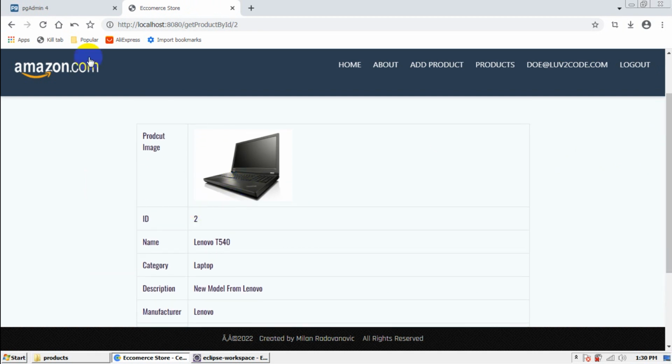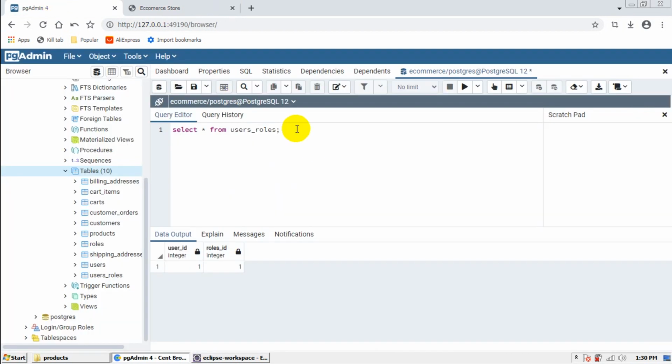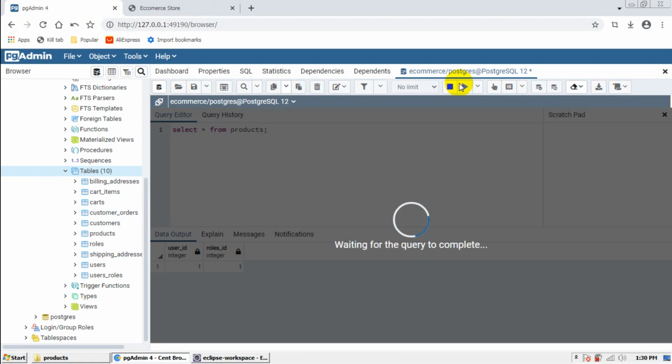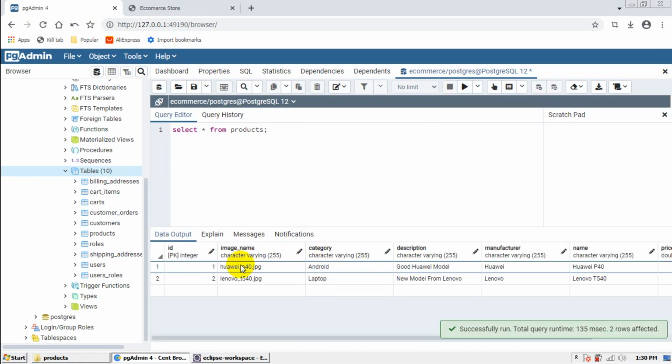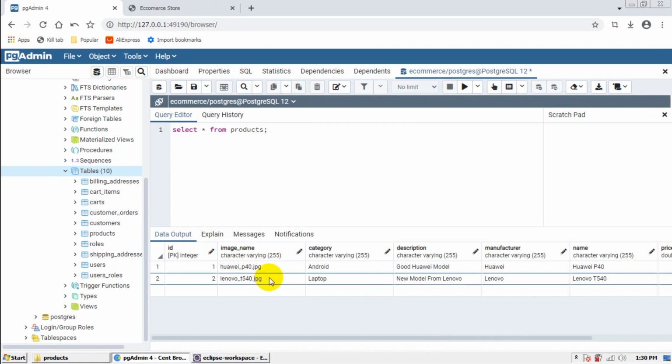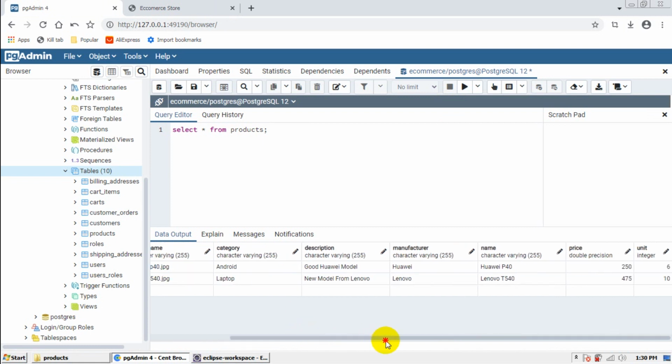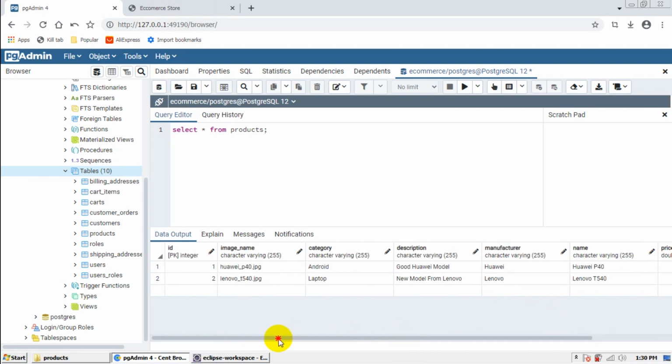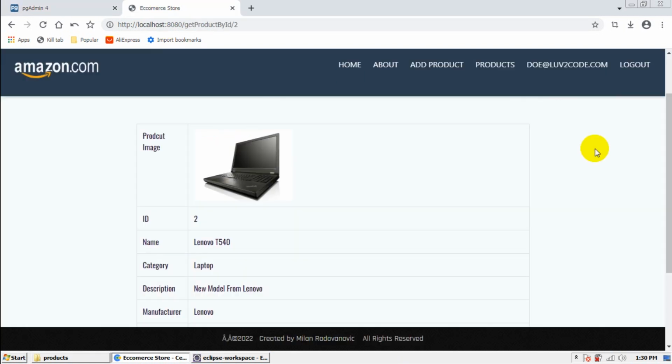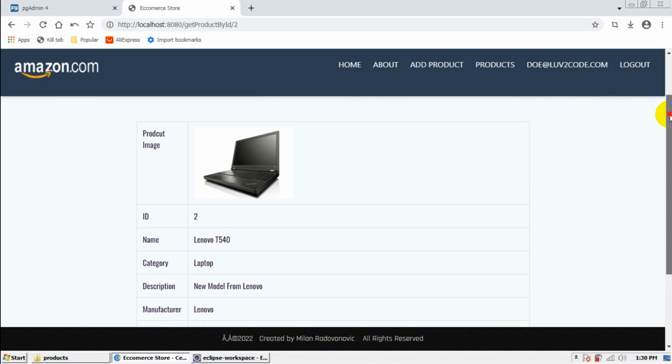The ID is number 2, and we can also check the database to see if everything works fine. Select star from products. Okay, these are 2 products, which is fine. It works fine. Okay, here is the price and here is the unit. Everything is okay. Now we can see the product details,